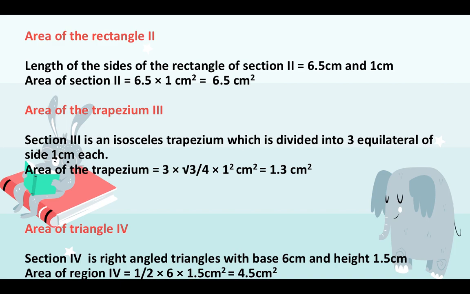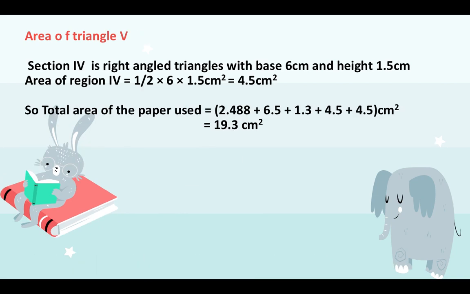Now area of the fourth triangle and area of the fifth triangle are equal because the figure is in symmetry. So let's calculate the area. You can see this is a right angle triangle. So the area is half base into height. Base is 6 centimeter and height is 1.5 centimeters. So I multiply this and solve and I get the answer as 4.5 centimeters square. Similarly, area of the fifth shape, both the triangles are identical, so area is same, 4.5.